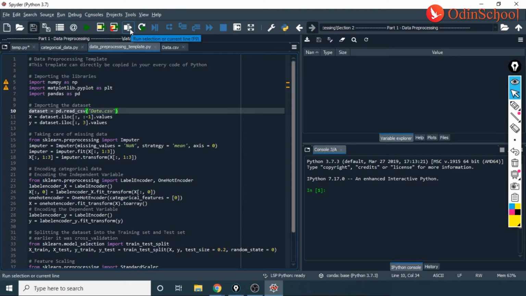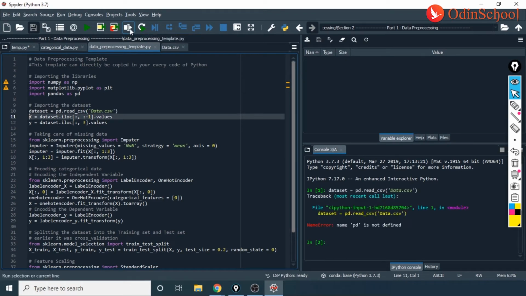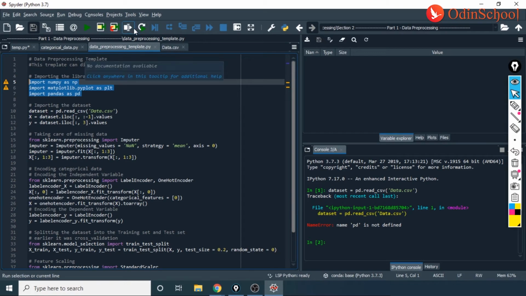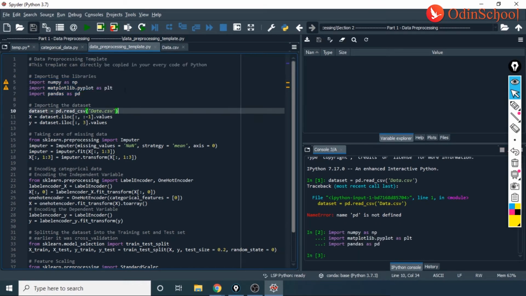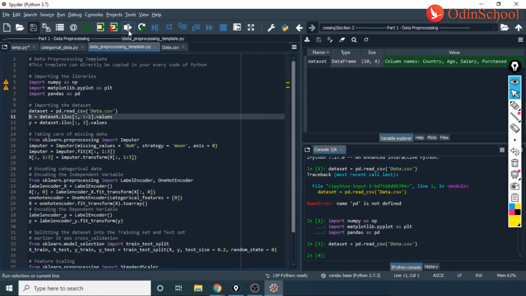So this is execute for one line. So I'm executing my current line. Oops, guys, we didn't execute these lines here. That's the reason why I'm having an error there. So yeah, executing, and now I don't think that this line should create any problem for us. Yes, I have my data set.